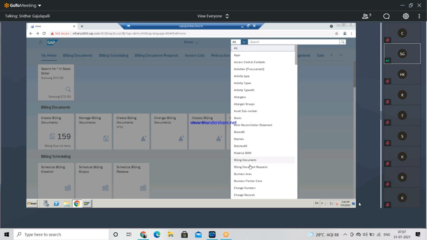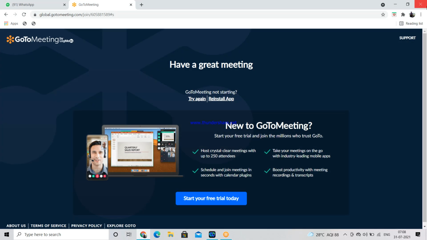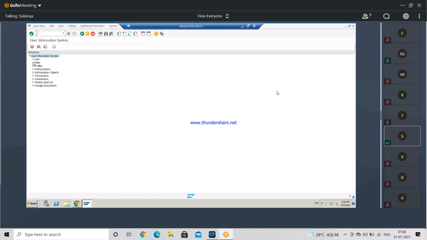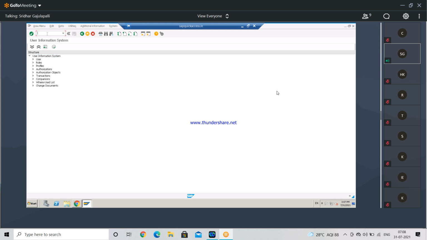What is the authorization object? Anyone? This drop down list is coming from which authorization object? ESH colon S underscore ESH underscore CON. Yeah, right. So if I want to see the data assigned to this user,